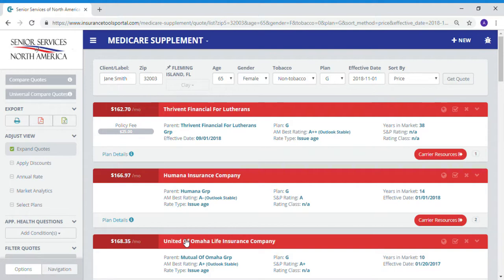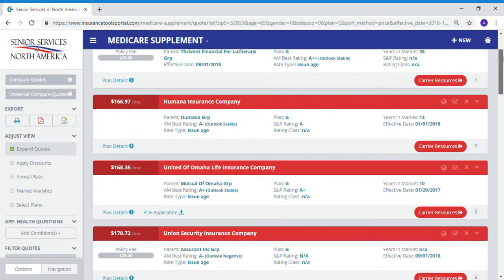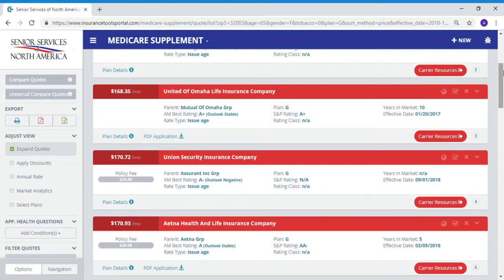It's now going to pull up all plans that are available for your client that met their criteria. So as I scroll through here, you're going to see several different carriers that are available. You will see the company's name as well as the rate. So it's going to automatically display it as monthly, but if you do want to see it as an annual, underneath my adjust view on the left-hand side, I can check mark annual rate and it will adjust to an